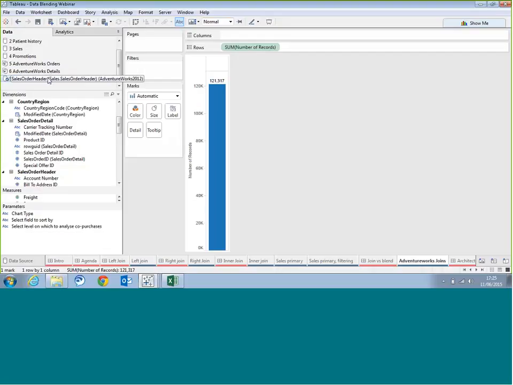So in this circumstance, we cannot join these two tables, and it's because they're at different levels of granularity. The first four tables that we connected to were at the order ID level. But this order detail table is at a more granular level because it contains product level information, and there are multiple products on a single order. So we'll end up replicating our order level values across